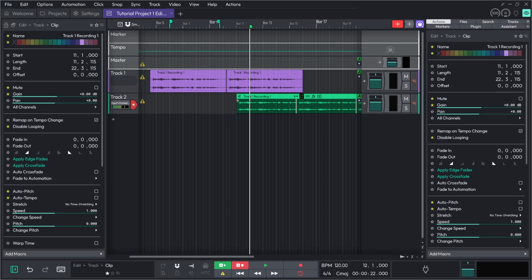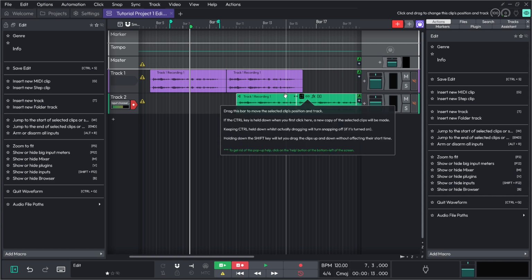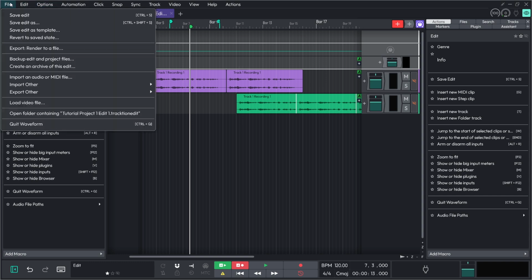In this video, I'm going to show you how to export a song in Waveform. Now, the first thing you have to do, of course, is open a project where your song is. So we're going to pretend that these two tracks over here are my entire song, and I want to export this. Now, to do it, you want to go to the top left and click on File, and then